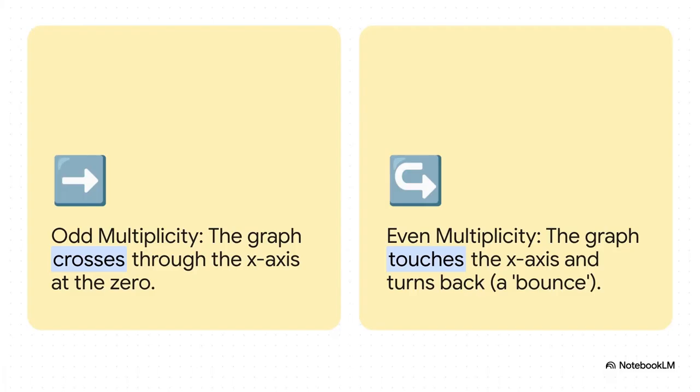And multiplicity is just a fancy word for how many times a zero shows up as a factor. It's simple. If a zero has an odd multiplicity, like 1 or 3 or 5, the graph will cross straight through the axis at that point. But if it has an even multiplicity, like 2 or 4, the graph won't cross. It'll just come down, touch the axis, and bounce right back off, kind of like how a parabola hits its